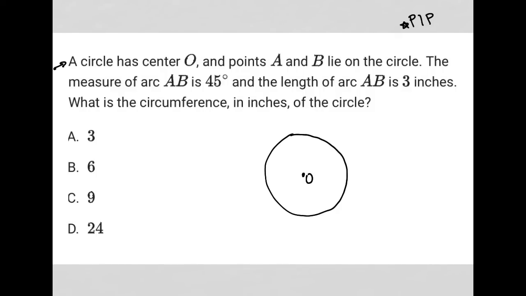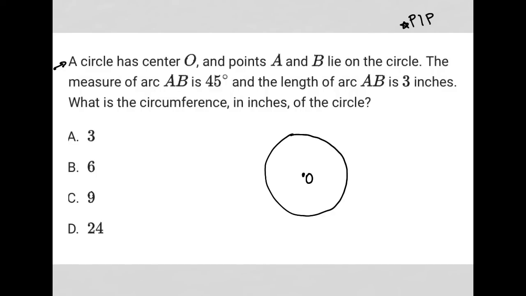The question says I have points A and B on the circle. I don't know exactly where they are, so let me just read another sentence to see if that helps me to know where to place them. The second sentence says the measure of arc AB is 45 degrees. Okay, so arc AB being 45 degrees means that the central angle from the center of the circle must also